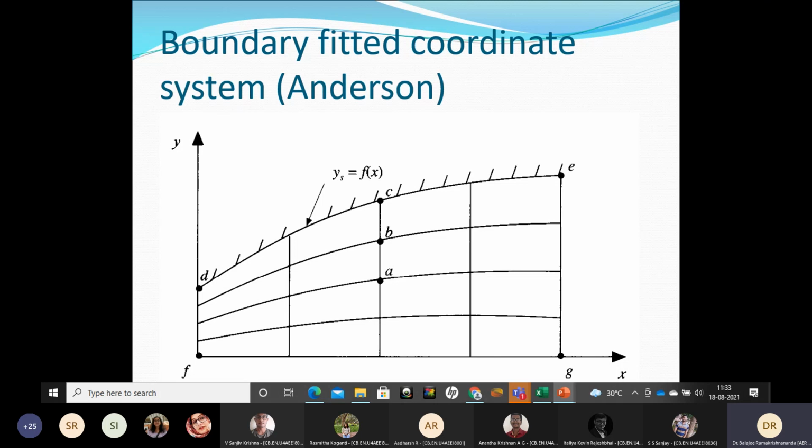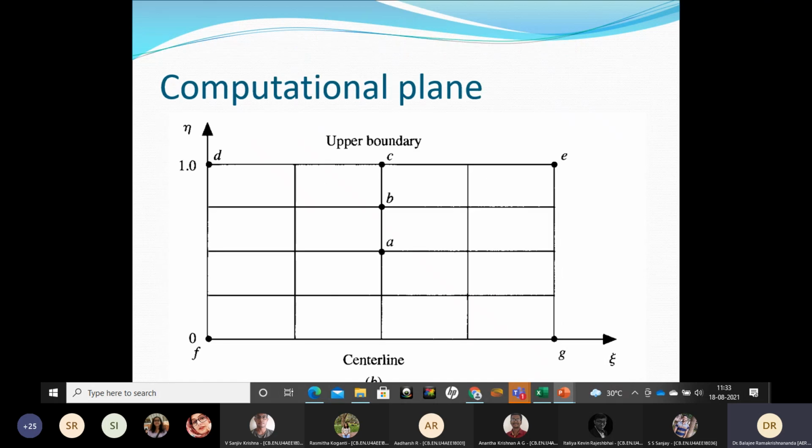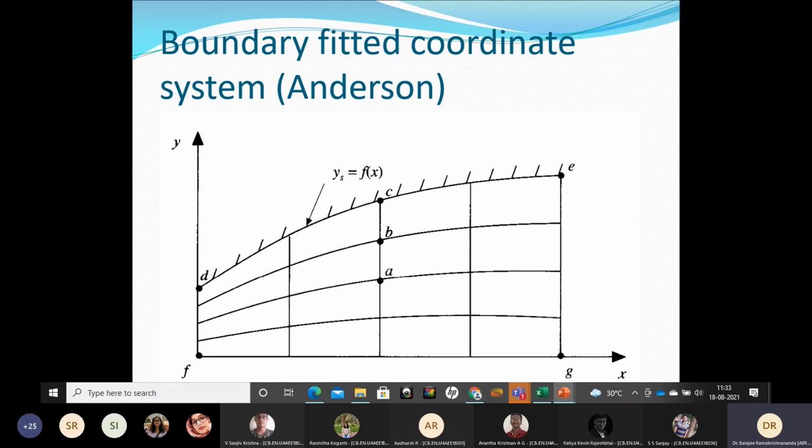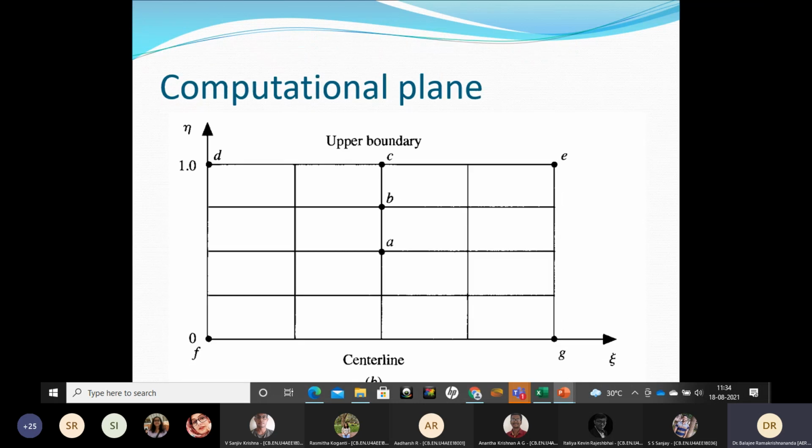I don't want to go into too much detail here. This is again an algebraically generated grid. You can use even a simple formula to do it. So here it is easy to see the physical plane and the computational plane, because it's just a very straightforward transformation. You see the points D and F on the right hand side, E and G on the left hand side; in the other plane, D and F on the left hand side, E and G on the right hand side, A, B, C are in the middle. Now here in the transformed plane, you can see the corresponding points.